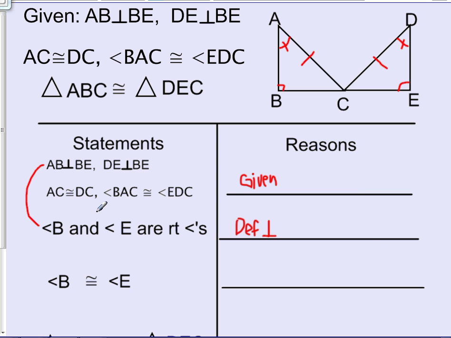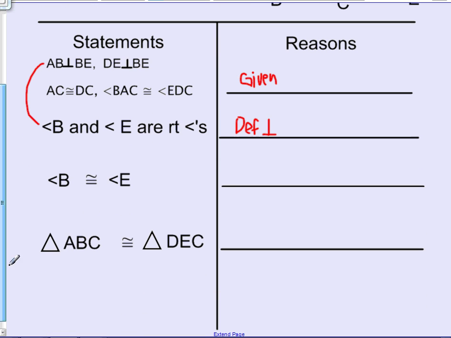Now we can also say that angle B is congruent to angle E, okay? And the reason for that is because they are both right angles, they are obviously congruent. So we could say right angles are congruent,